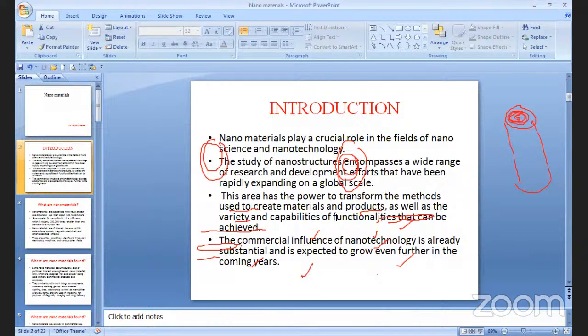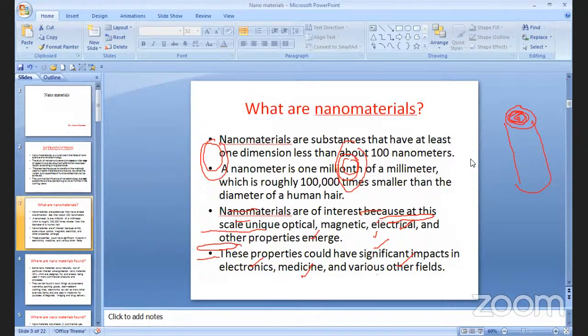The nanometer is something which is very small in size. Generally, the size is less than 100 nanometers. That is what we have seen about the nanomaterial which we have defined. And these are very much interest